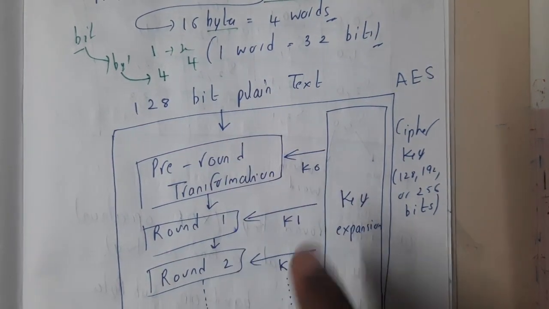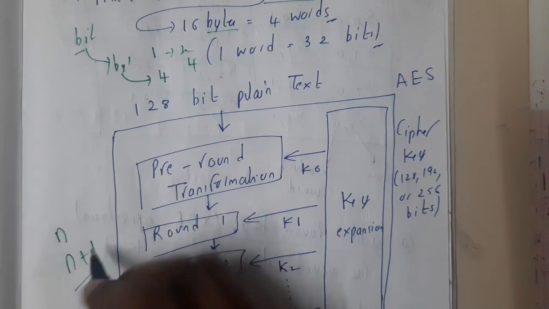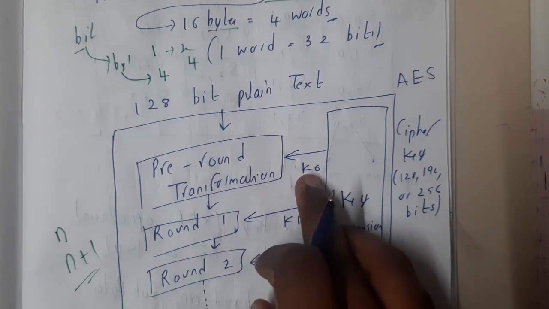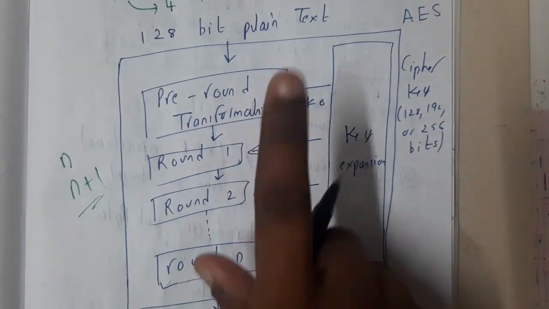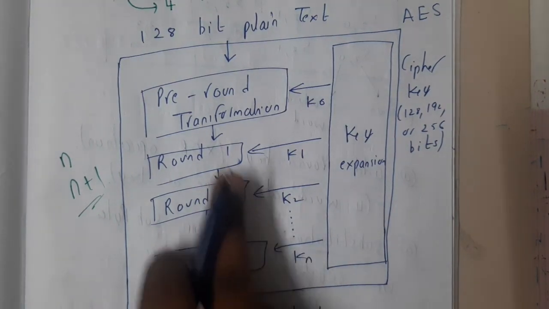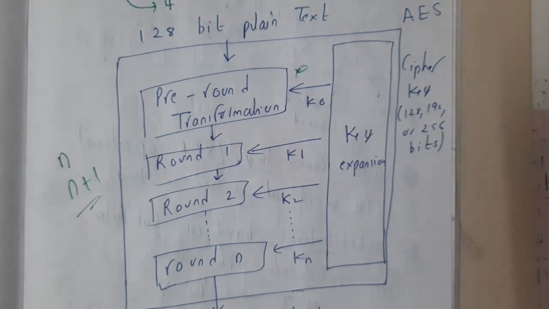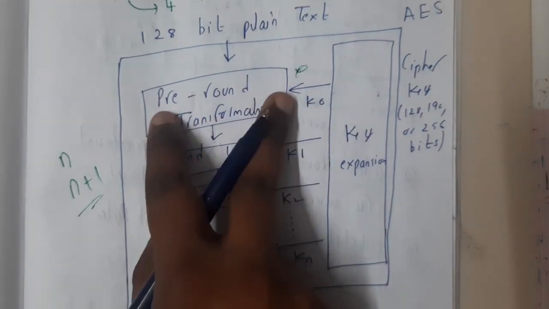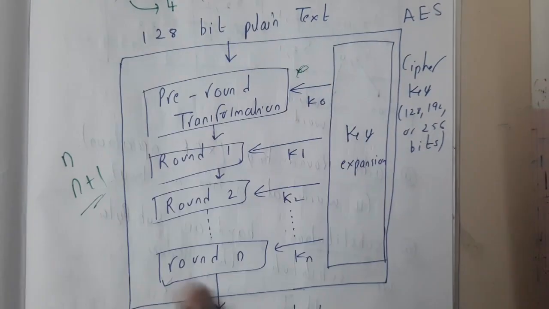Remember that if we are having n rounds, we will have n plus 1 keys, guys, because this is not round 1. This is the pre-round transition. Even in that we are using a key, and at the last round also we are using one. So indirectly we are having plus 1 key. The pre-round transition will be doing an XOR operation, guys. Please remember the operation will be XOR always, right? This output will be given to round 1, which will take key K1, and like that it will keep flowing. This is the block diagram.